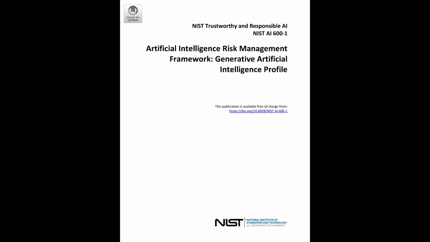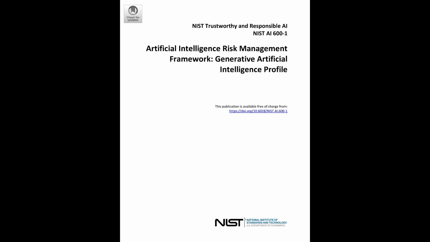So let's get into those specifics. What are some of the actual risks NIST details? You said there were 12. 12 distinct risks they identified as being unique to or significantly exacerbated by GAI. Okay, let's start ticking them off. Number 1, CBRN information or capabilities. That sounds quite serious.